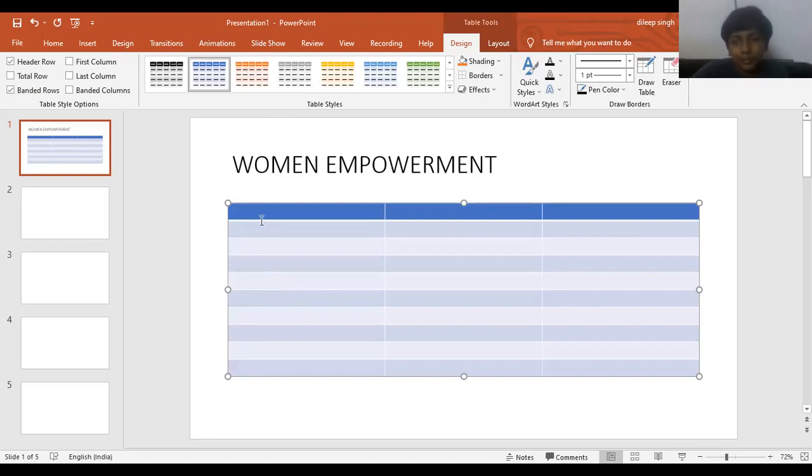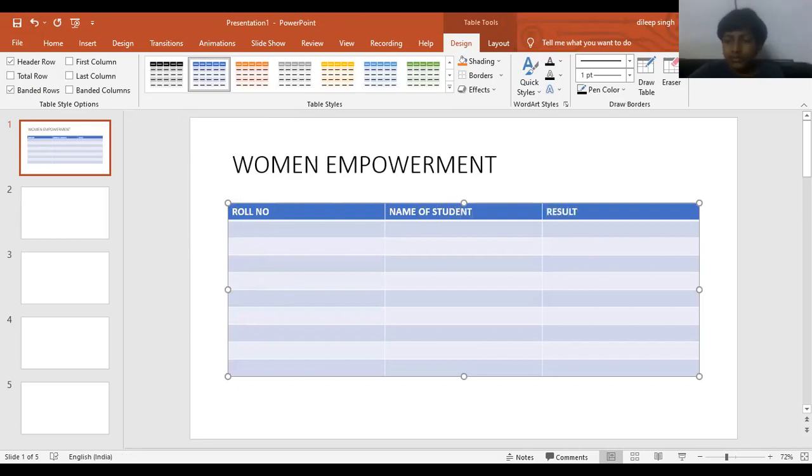For example, if you want to add some content, just click on this and type here like this, roll number. Using tab to move to the next column, that is name of student, and using tab, that is result.